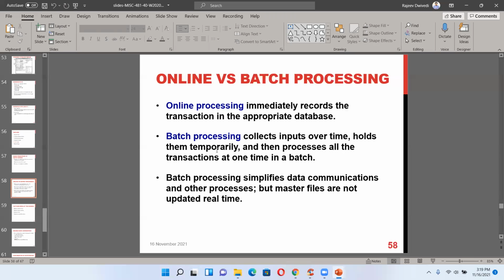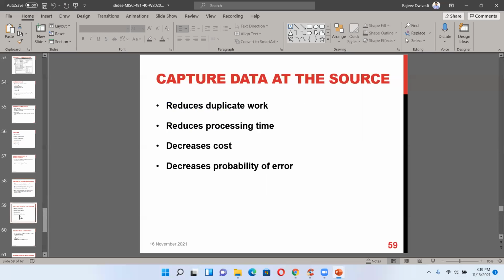Sometimes those who do batch processing keep taking orders. So you will see that your order is placed, but next day or after 2-3 days, they will say, sorry, out of inventory, we are not able to fulfill your order, and therefore your money is refunded. That is not online. That is basically a batch kind of thing.